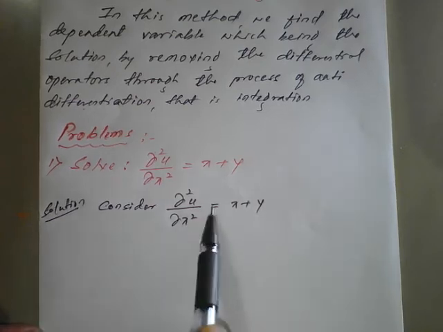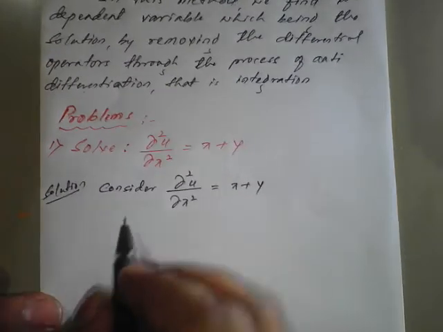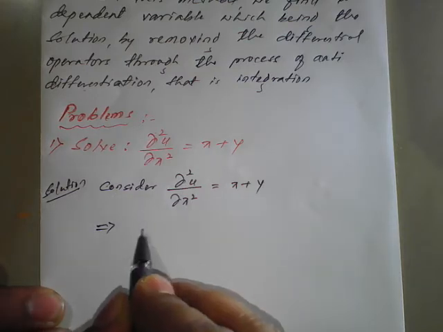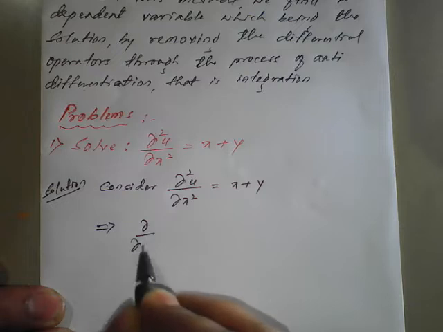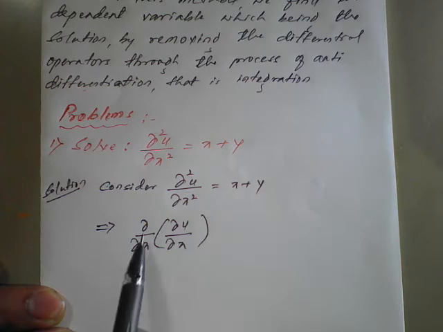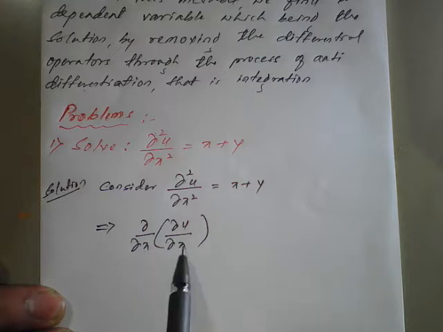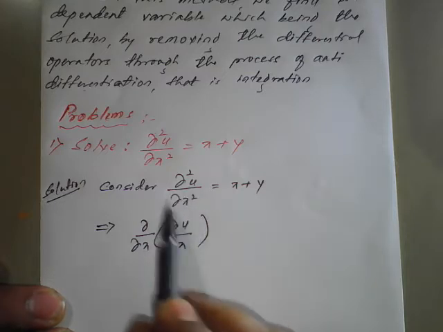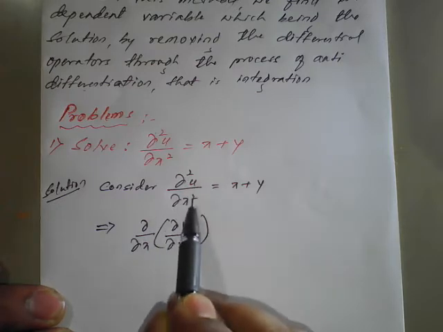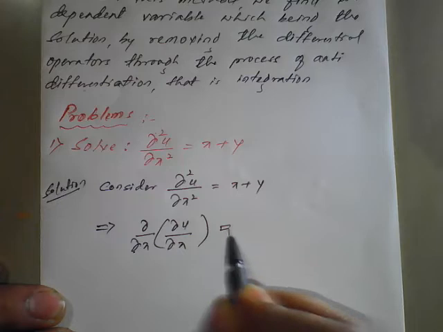So this is the given question as it is. Now we have to rearrange this. This can be rewritten as ∂/∂x of ∂u/∂x. See, if you multiply ∂ into ∂, you will get ∂²u, and ∂x into ∂x, you will get back ∂x². I just wrote this simplified form. So ∂²u/∂x² can be written as ∂/∂x of ∂u/∂x, and the right hand side as it is.